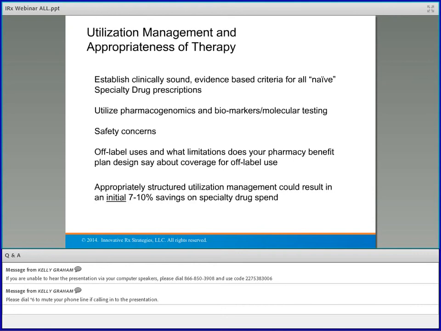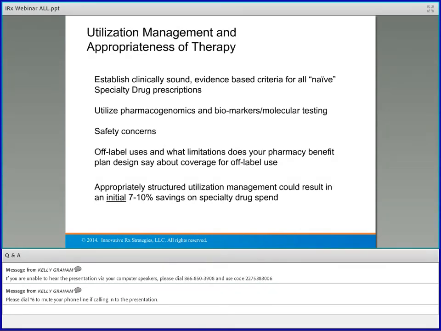You always have to think about safety concerns. These specialty drugs, as I've mentioned before, have tremendous side effects, a lot of them. So from a safety perspective, you want to make sure the patient can handle it, tolerate it, understands the side effects, and can work through them to get the outcome they want. From a utilization perspective, there are a lot of times, though, that physicians will use some of these things for off-label uses. Growth hormone is a classic example, right?